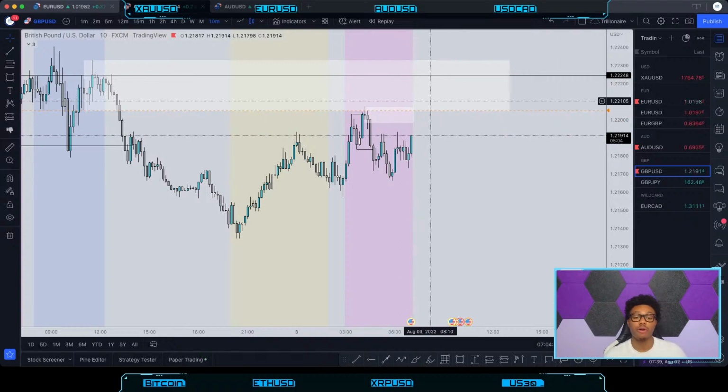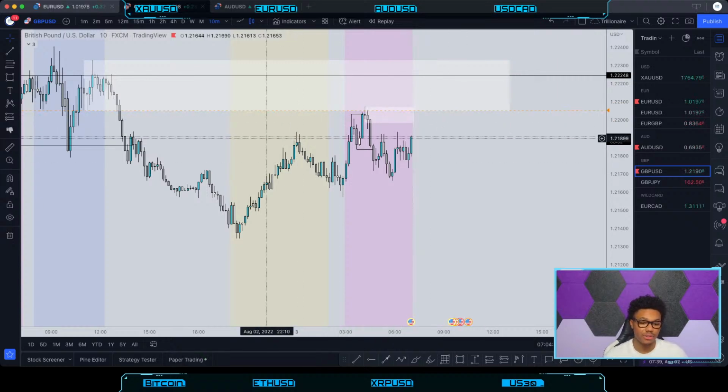But for everyone a part of the Trading Academy, you guys were already prepared for this trade right here. The breakdown was sent to you guys last night and price is already following through with half of our entry schematic. We're looking for the whole thing to take place at this region right here.